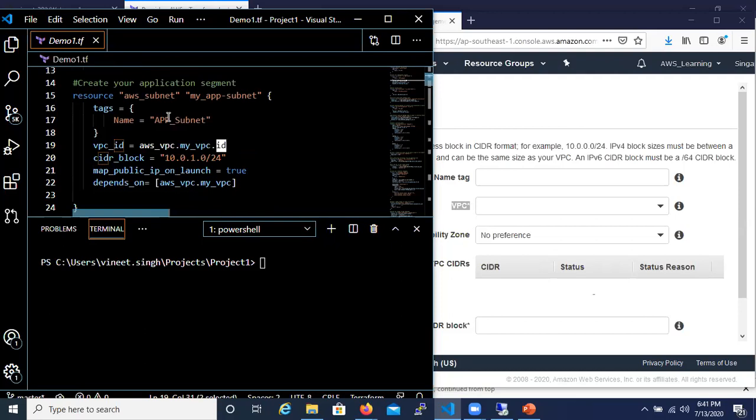And within this subnet, the CIDR block is important. So cidr_block is equal to a value that should come from the same block we have defined in our VPC. And now we want that whenever the subnet is created, since this is my web subnet, all instances which I'm going to launch in this specific subnet need to have a public IP assigned.